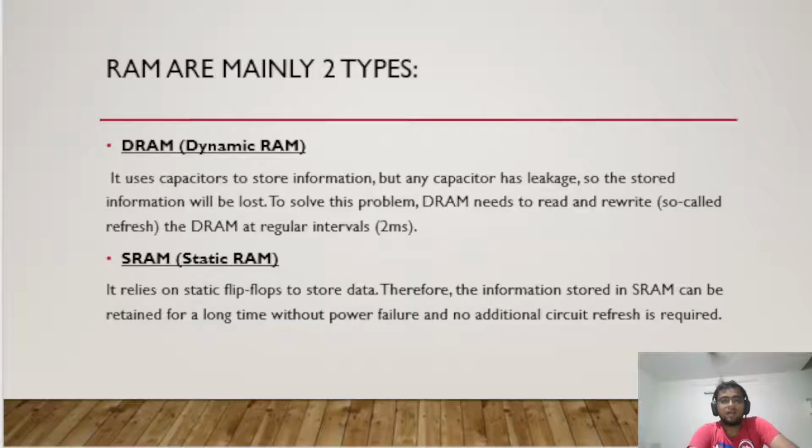If you are writing in Microsoft Word, but the battery gets over and the laptop shuts down, then when you reopen or restart the laptop or PC, if you were using a DRAM, the memory is lost completely. You need to reload and rewrite it again. But if you are using SRAM, static RAM, then in Microsoft Word